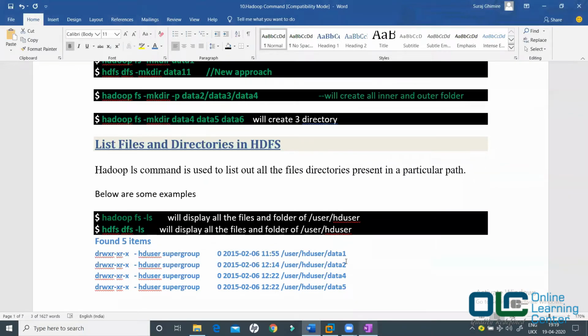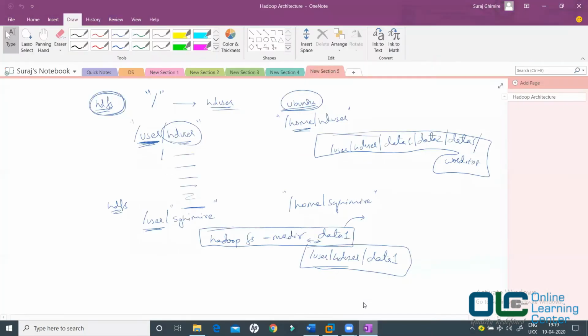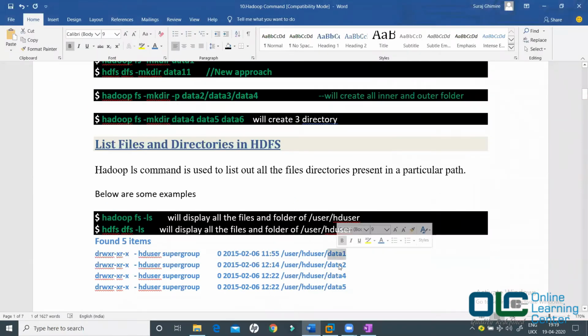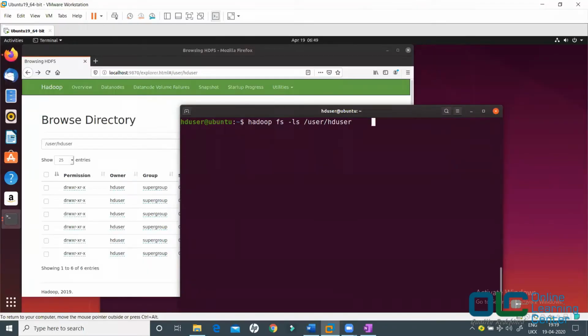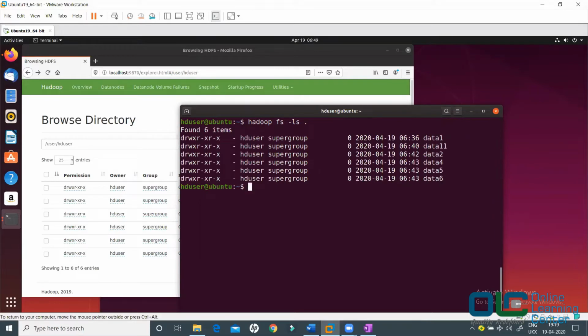Now you can go more specific. You can say, hey, I want to know what is present inside my data1 or what is present inside my data2. All you need to do is specify this path after ls. Let me go back, and if I say dot, what does it give? Dot is also giving you the same thing, because dot means the current user.